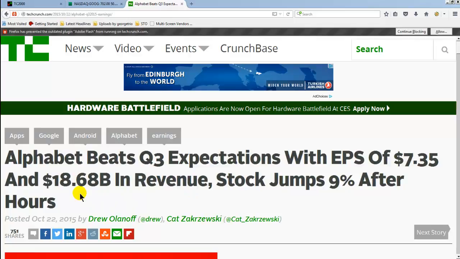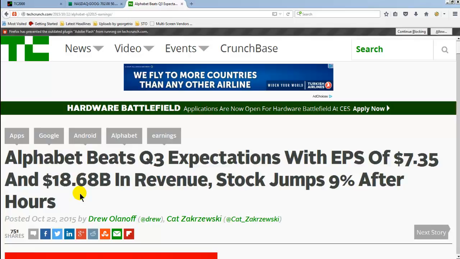So this is very, very bullish. So this is the earnings season. The third quarter is now closed. So in October we have the earnings. Google has released their earnings after the market closed on Thursday. So on Thursday the New York market is closed, and then Google released their earnings, and they